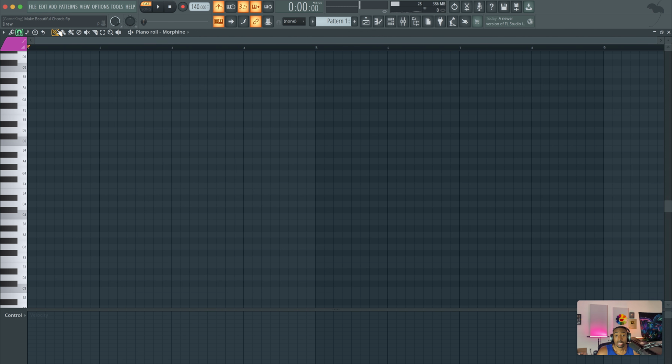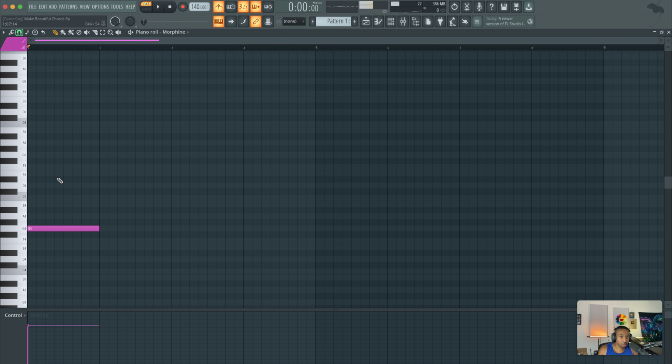All right, what I'm going to do is close my eyes and pick a random note on my keyboard. So I happen to land at G. Let's pull this up an octave just so it's not so low. And let's say you want to make the minor chord. This is the most common chord you hear in hip hop, the minor chord. The chord code, which you can get the chord code chart for free if you go to busyworksbeats.com/FL Studio. You can download it straight to your phone and load it up as a picture. So basically the chord code for a minor chord is 037.